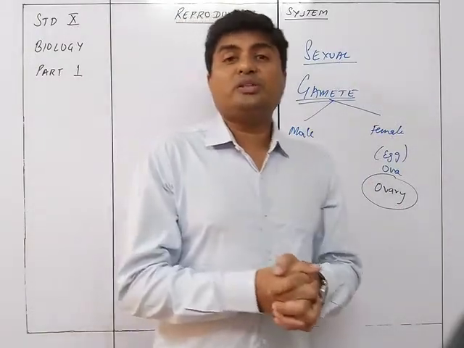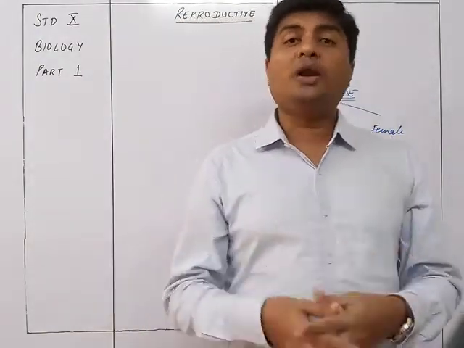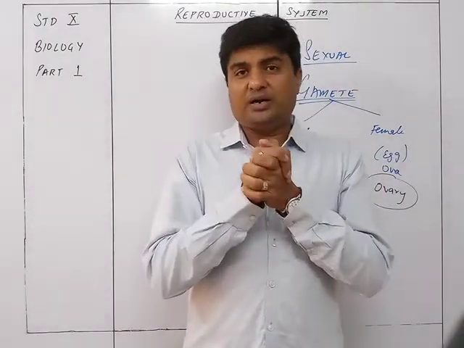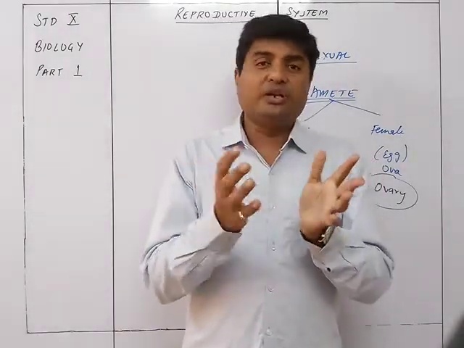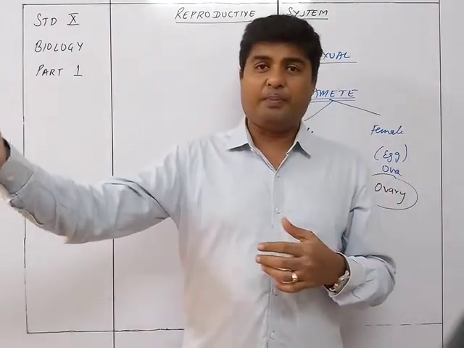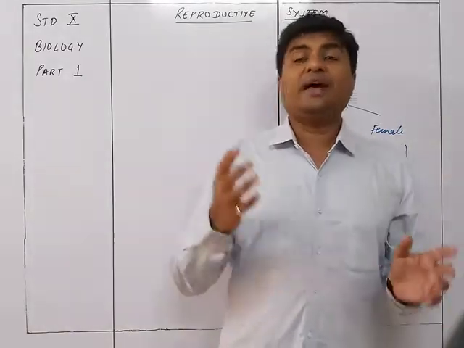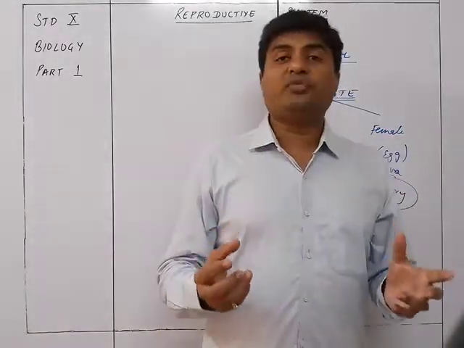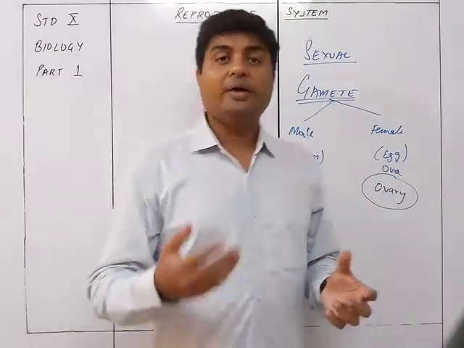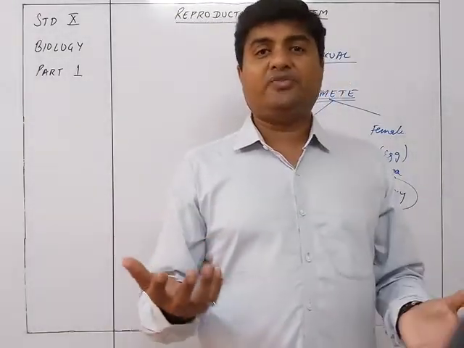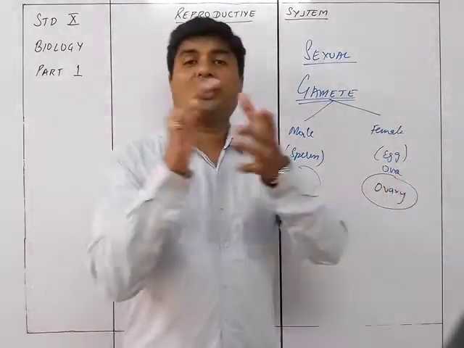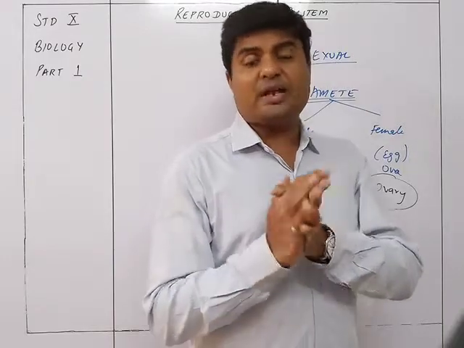Because we know that the zygote is going to be formed only when the male and the female gamete fuse together and fertilize. Now the fusion cannot take place on its own because they are in two different bodies. One is in the male part, the other in the female part. So there will be certain kinds of glands, organs, and things which will be required in both the males and the females, so that they help these two to come together and fuse and form into